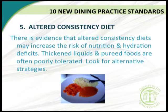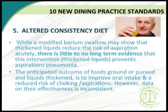Standard number 5, altered consistency diet. There is evidence that altered consistency diets may increase the risk of nutrition and hydration deficits. Thickened liquids and pureed foods are often poorly tolerated. Look for alternative strategies. While a modified barium swallow may show that thickened liquids reduce the risk of aspiration acutely,